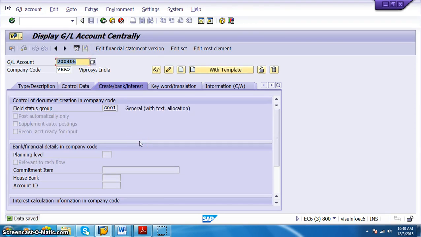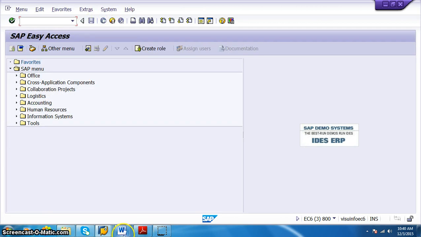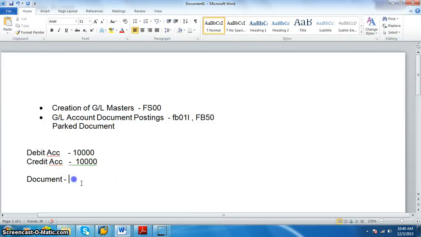So we have created two accounts now. One account we'll probably be using for credit, and one account we'll be using for debit. So there was something like 2001105 and 200405, something like that.